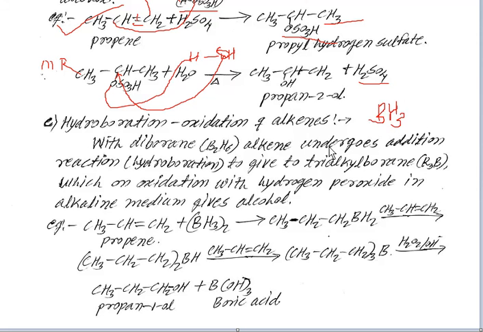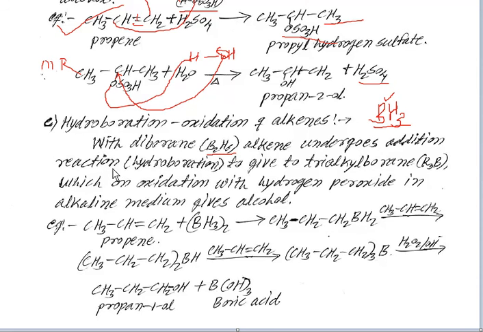BH3 is known as hydroborane because the valency of boron is 3. Three hydrogens are directly attached to that boron atom. It can be written as B2H6, that is diborane. Di means 2. Two molecules of BH3 is written as B2H6. With diborane,